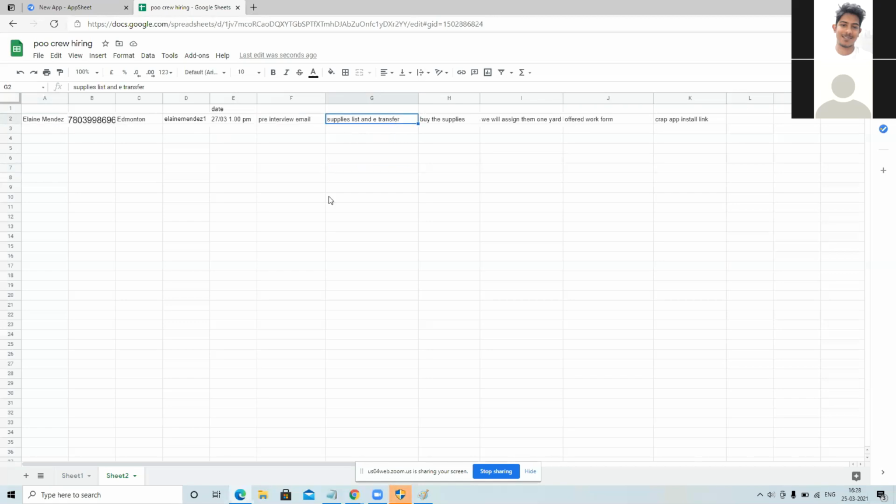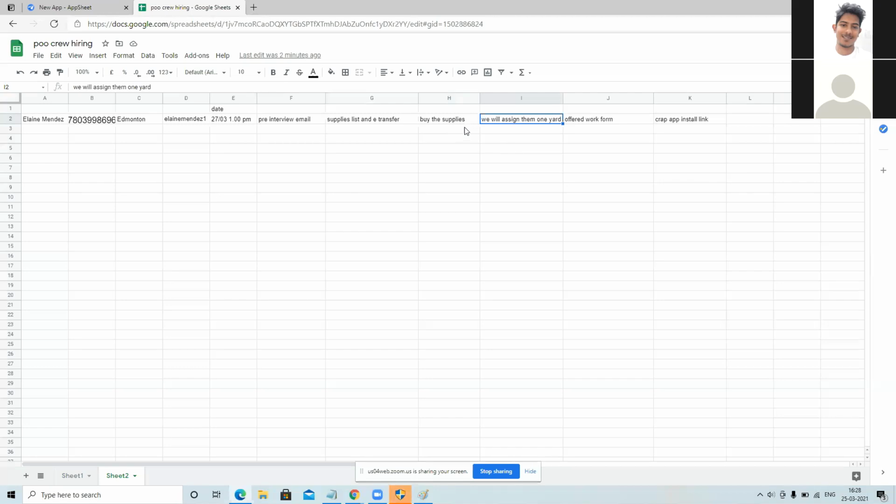Then I will check the box for e-transfer. If e-transfer is done, I will check the box, and if I click submit, then for this profile, I should upload the supplies picture. They will send the supplies picture through some Voxer app. I should download that picture, and I should upload it to show that they have uploaded the supplies picture. So after uploading that, how many pictures? It should be like one or two pictures.